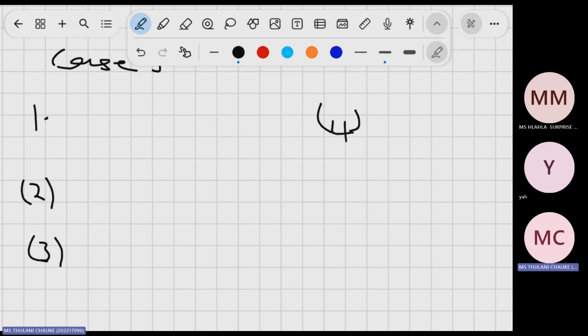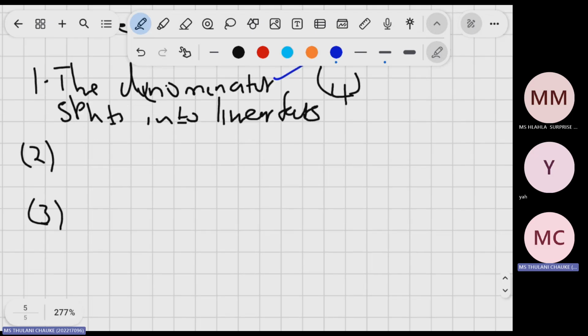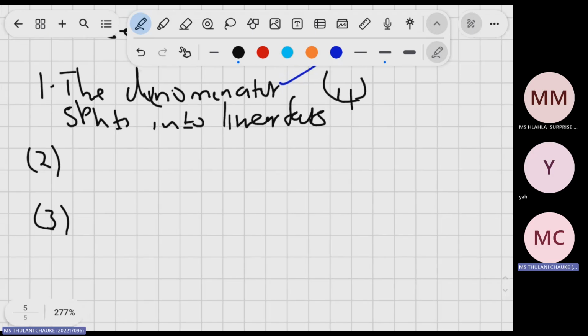The first case is when we have the denominator splits into linear factors. I'm sure by now you know how to separate the denominator into linear factors. And the second case, it's when now you have the degree